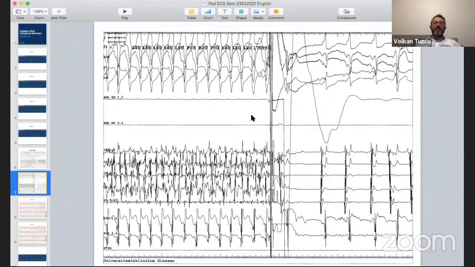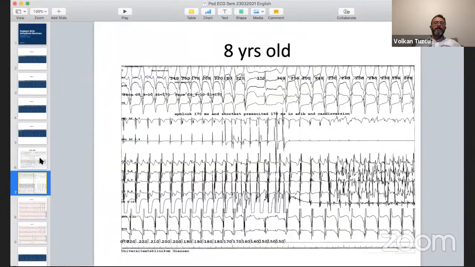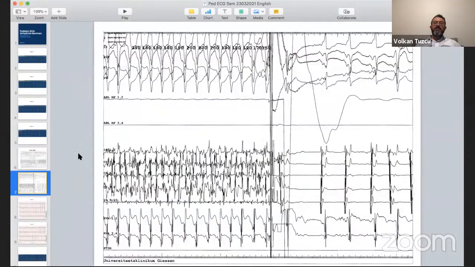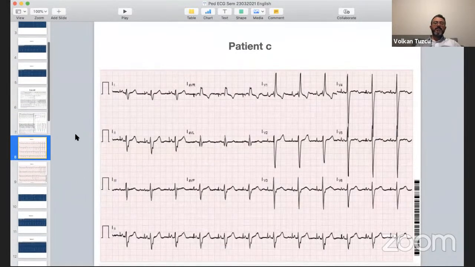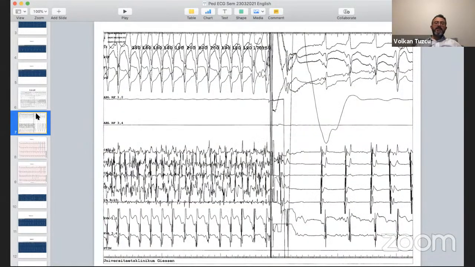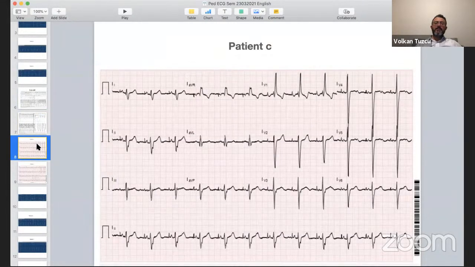And as you see, this is how we assess these patients, by inducing atrial fibrillation. And you can have surprises. Sometimes patients have only mild pre-excitation, and when you induce atrial fibrillation, they go into VT and VF, and this can be really dangerous for these patients. Okay. So I want to show these strips, like how we assess WPW in the EP lab before any ablation. Here is another patient, actually.